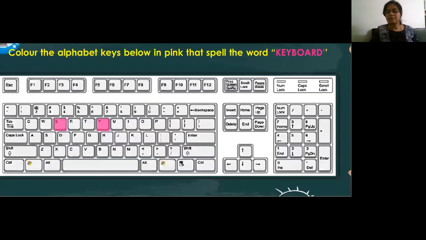And last class we studied about keyboards, right? We started with the keyboards and studied the alphabet keys and the different types of keys which are available on our keyboard. So let's go ahead and see a few more different kinds of keys available on our keyboard. I hope you have done the assignment for which I gave you homework, to paint the different keys as per the colors which I've mentioned here in your textbooks.